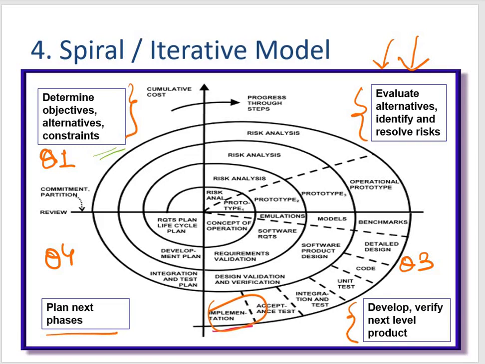Now we see that we have these four quadrants and each quadrant has specific activities. On this end we are determining the objectives and identifying the alternative constraints or solutions. So requirements are gathered from the customers and the objectives are identified. These objectives are elaborated and then analyzed at the start of every phase, because every time there is a spiral, so an iteration is going on. The alternative solutions possible for the phase are proposed in this particular quadrant. This was all about your Q1.